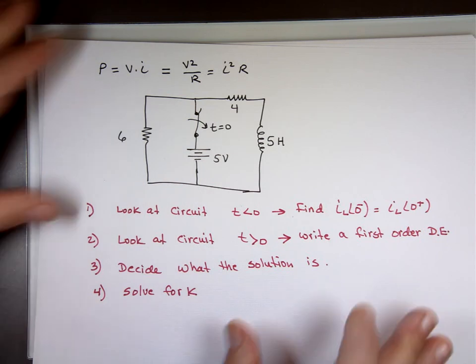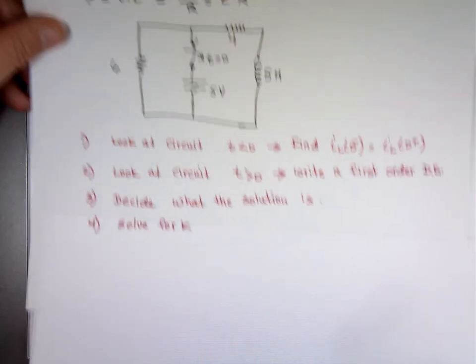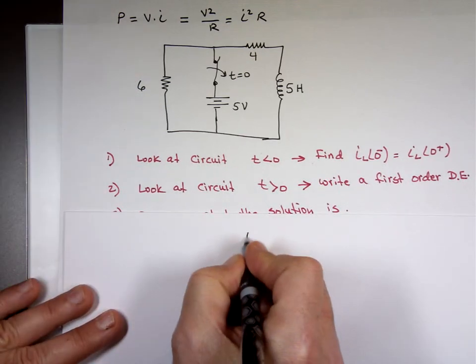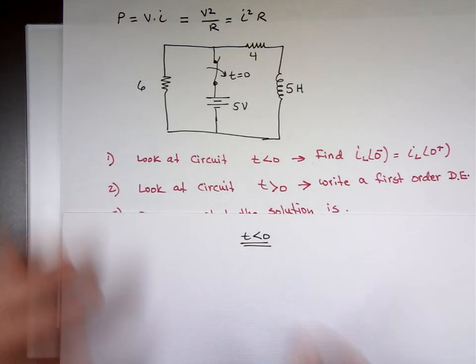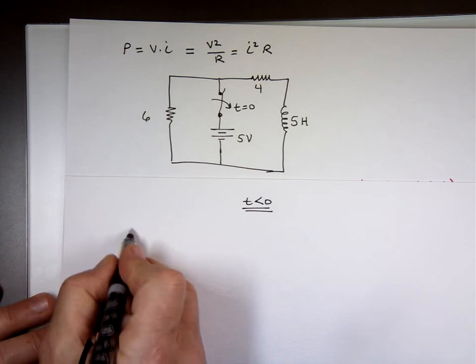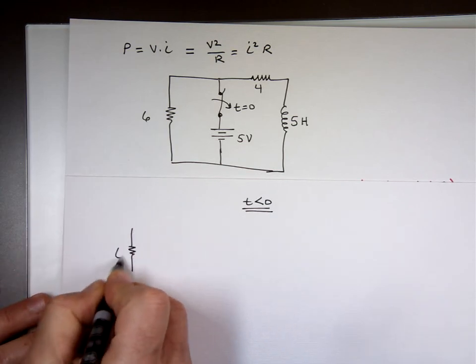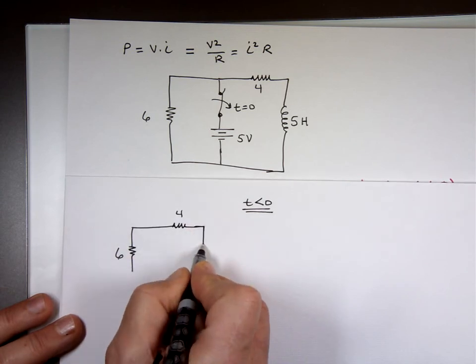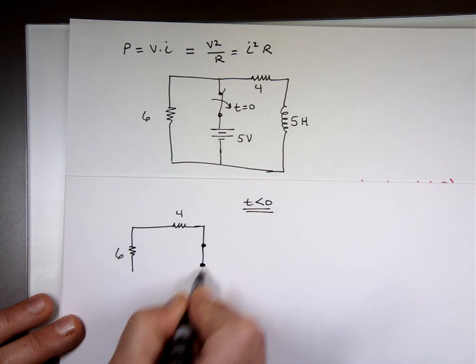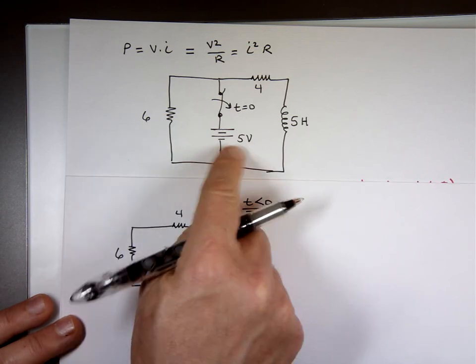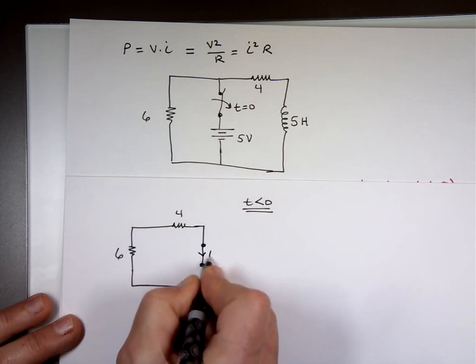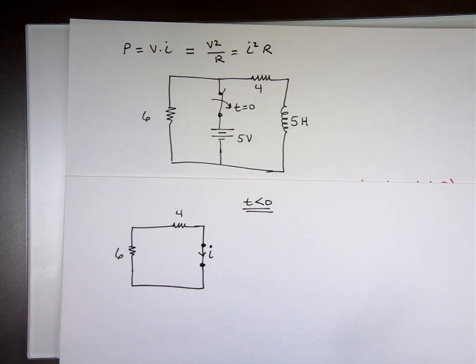Let's look at the circuit for t less than 0. My circuit is right there. There's the 6, there's the 4. And again, that inductor has been sitting there for a while. It's going to react like a short circuit because you have a DC source. Notice that's a 5 volt. And what is the current I through the inductor? If I do a KVL here,